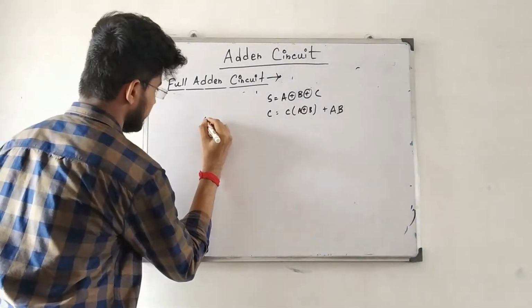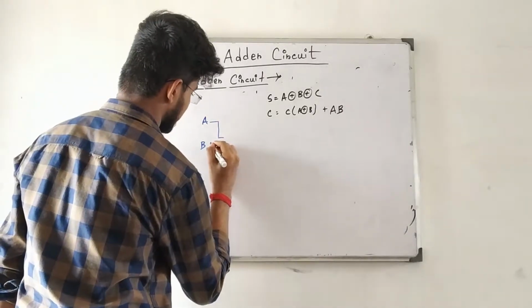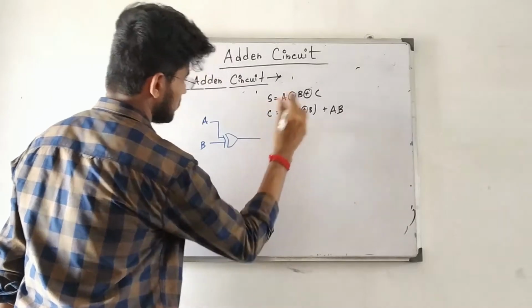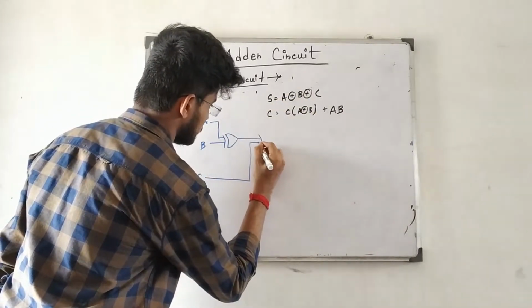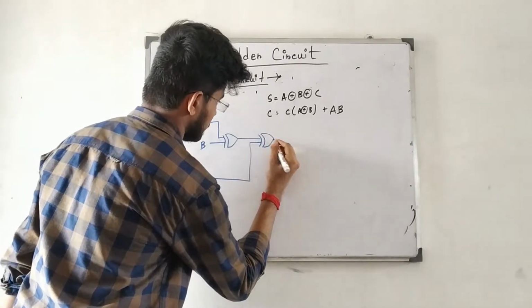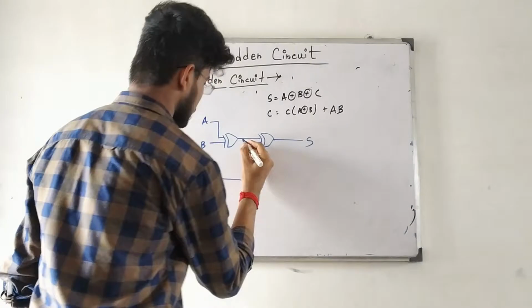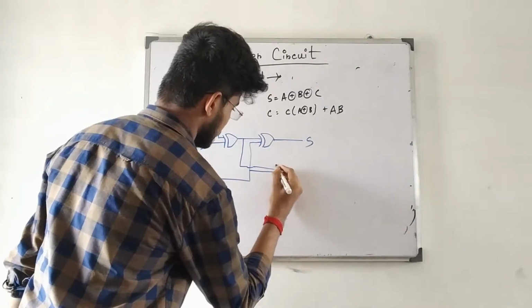So this is A, this is B, and this is C. So this is A XOR B, and then A XOR B XOR C. So this is C, and this is A XOR B XOR C. Right? This will be the sum. And next carry is equal to C into A XOR B. This is A XOR B, and this is C, C into A XOR B,